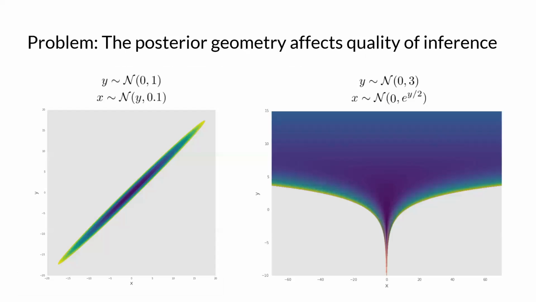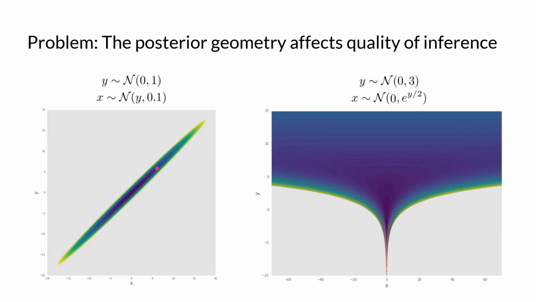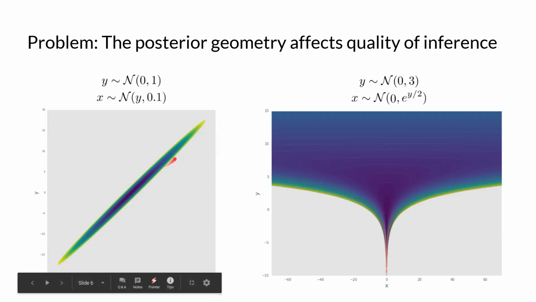Okay, that looks great. If we go back to this problem and imagine that we're using HMC, things will look much better, because if we start here, the gradient in this direction is bigger than the gradient in this direction. So we're going to tend to gravitate towards this region of high density, and this will be much easier to explore.